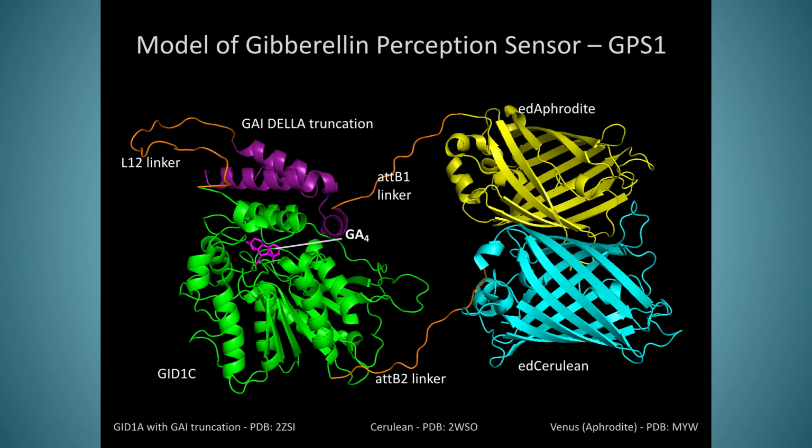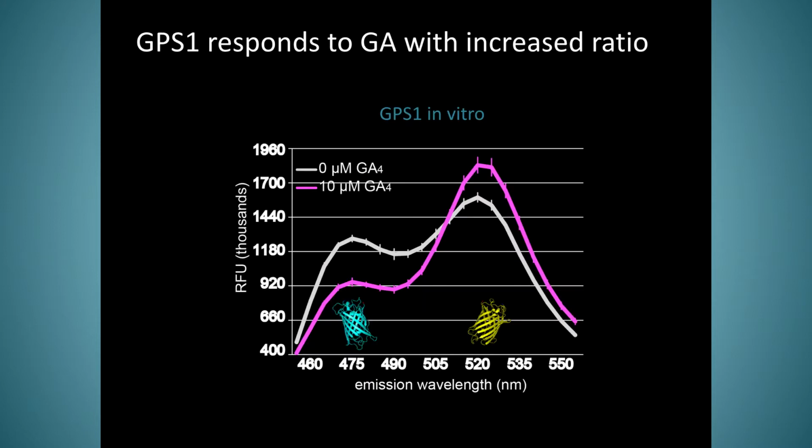And this is very similar to what I just showed you, except that we have the linkers involved. When we put this purified protein in vitro, we can then ask the question, what happens before and after we add GA? And so in gray is before we add GA,